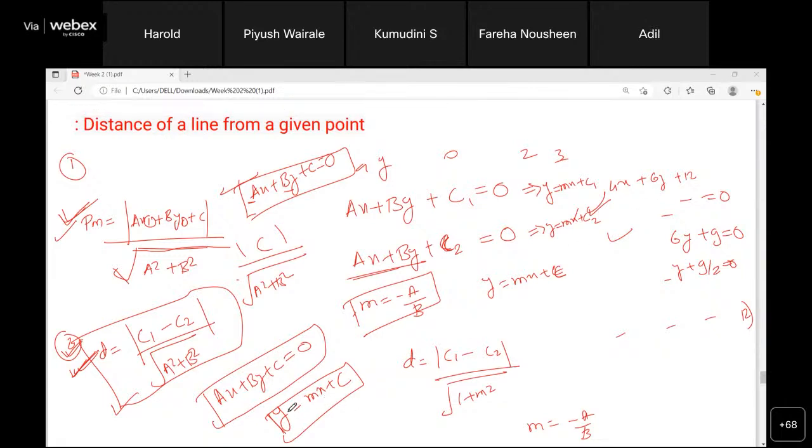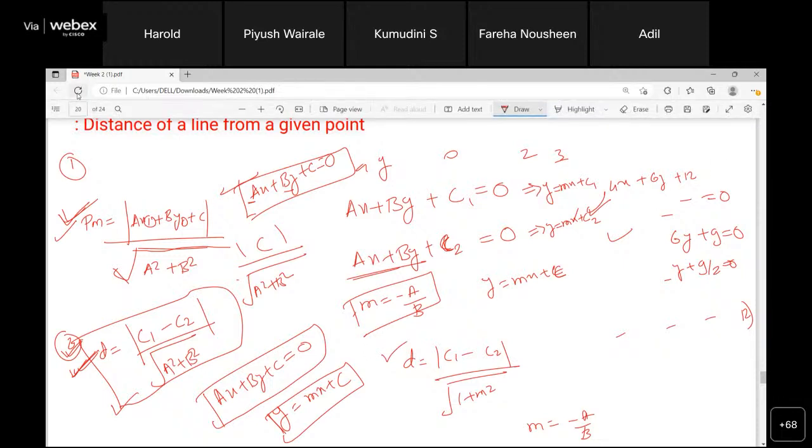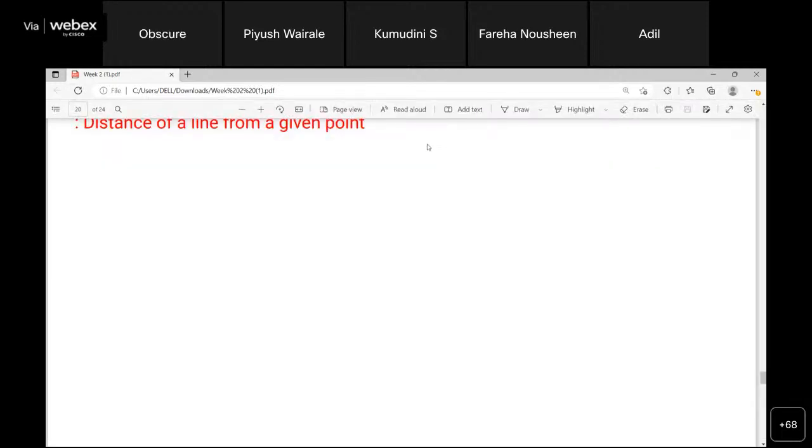So if this form is given, like y equals mx plus c, then in that case you can use this formula. Sorry, so can you please help with a question? I'm not able to get this actually. Just the second formula is of parallel lines too, right? The distance between parallel lines. Yeah, wait.